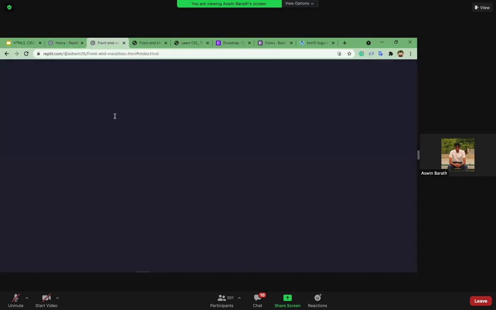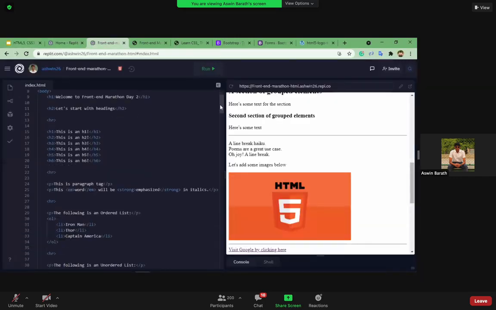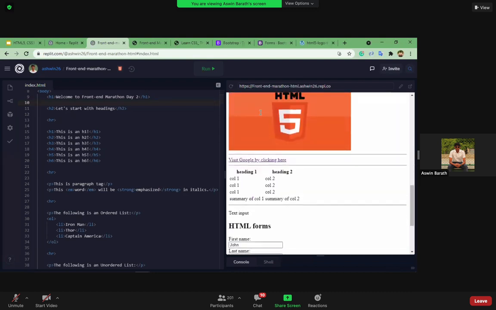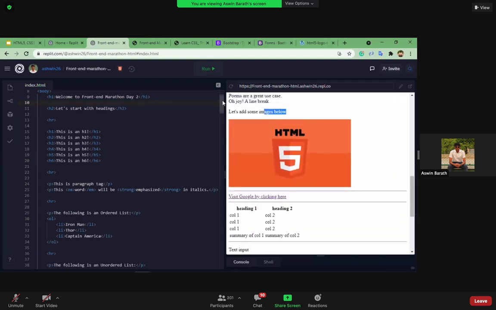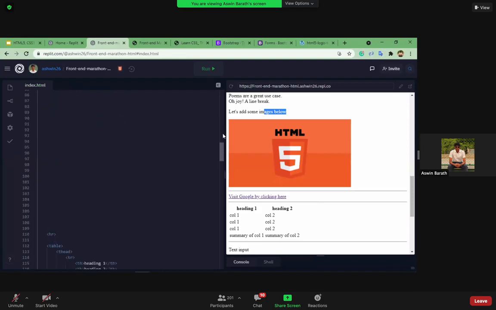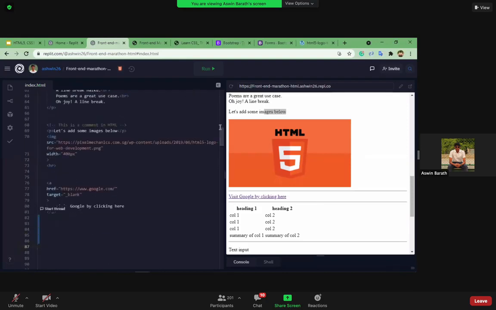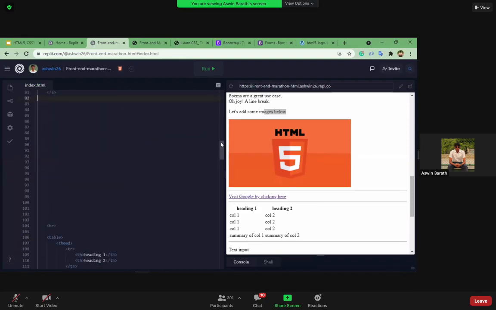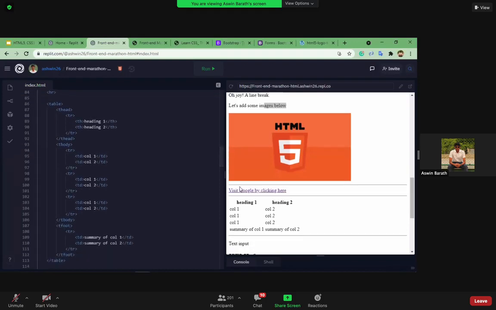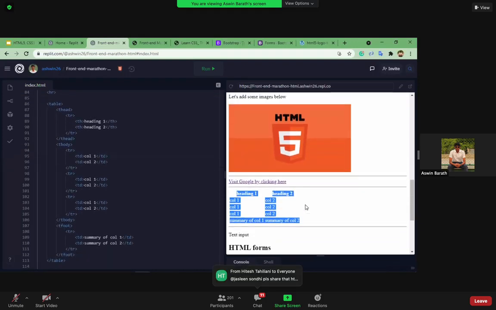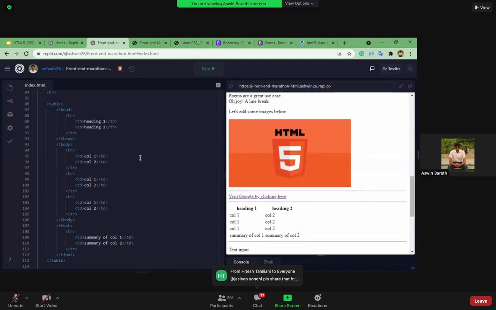Okay. So let's go back to the coding part where we were using this. We are about to see this table, right? As you can see, this is an example of a simple table. In this table, we have the table header.